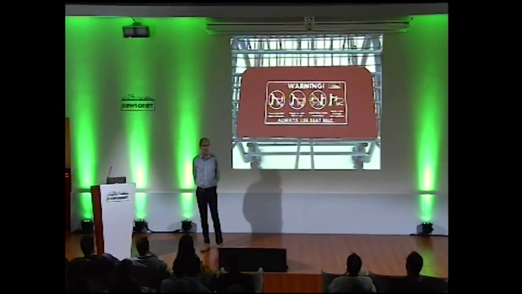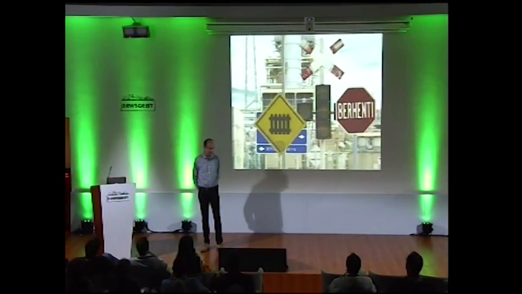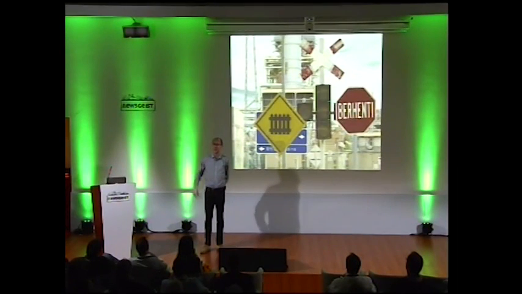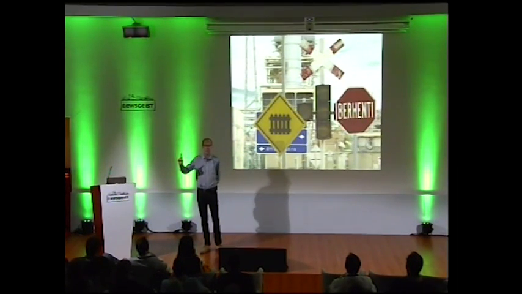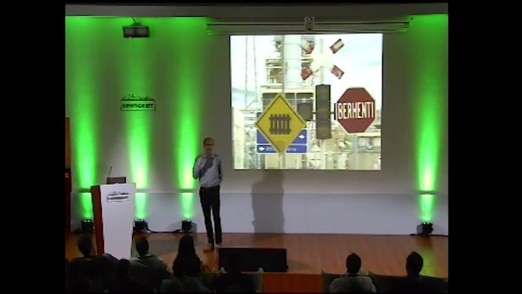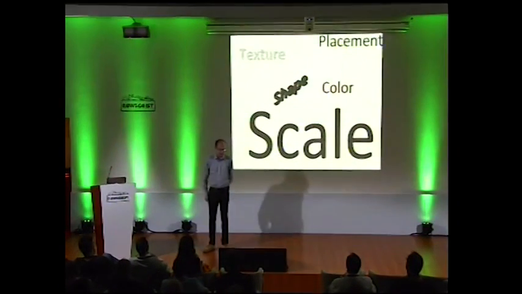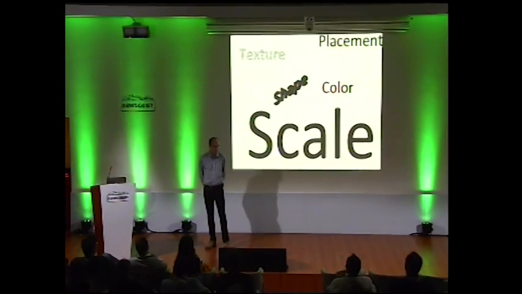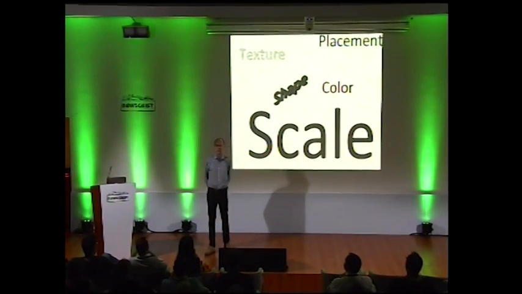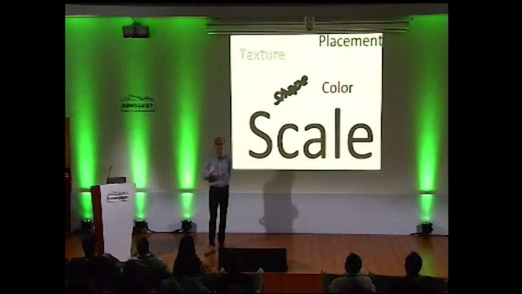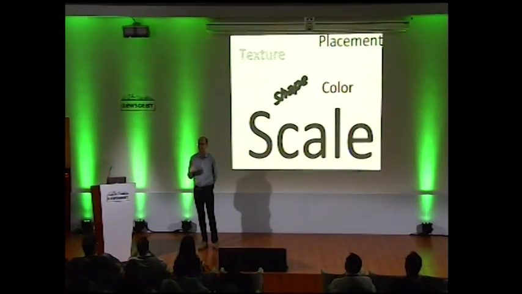In fact, these conventions are so strong that I can tell you with 100% certainty that that is a stop sign, even though I don't know what language it's in. But it's the shape convention and the color convention coming together to communicate a tremendous amount of meaning very efficiently and very clearly. So these are all different variables that we can play with. Color, scale, shape, placement, texture. Each of these things can have meaning if people decide they have meaning, if people agree to use them in a consistent way to convey something.